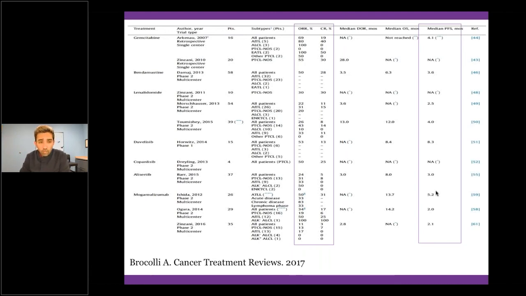So at the moment, we use an algorithm like we talked about. So we use CHOP, and if they fail CHOP, we go to salvage plus transplant. If they are not candidates, then we try to see which of these drugs might be available and approved in Canada for T Cell lymphoma, and we go from one line to another. Also, we consider clinical trials if they're available, but if none of that work, then the outcome becomes very poor,